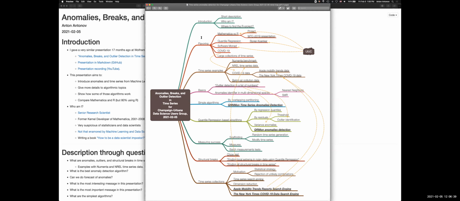I program both in Mathematica and R. They are very close languages, though if you compare them to anything else, they're also quite different. The material in the algorithms is new, but I gave a similar presentation 16, 17 months ago at the Wolfram Technology Conference in 2019, titled exactly the same.